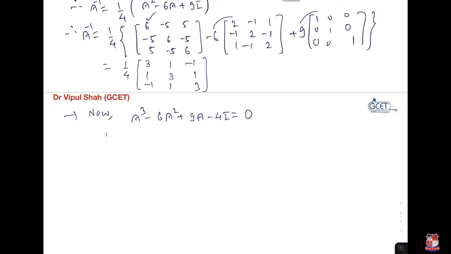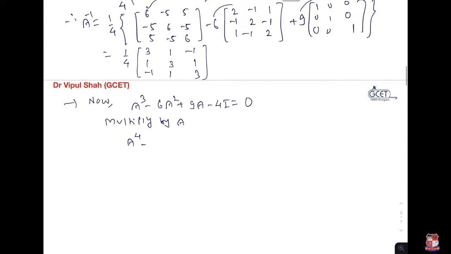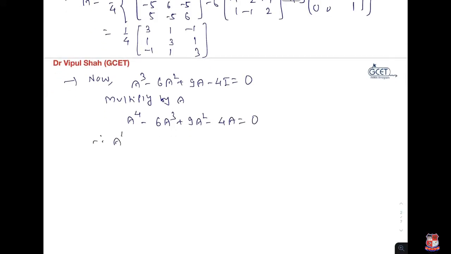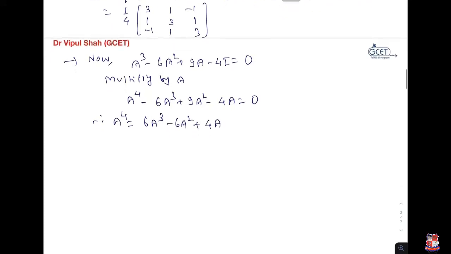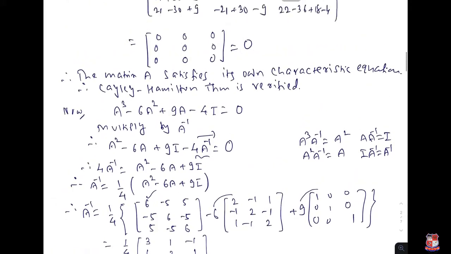So we multiply by A. Then we have A power 4 minus 6A cube plus 9A square minus 4A equals 0, and therefore A power 4 equals 6A cube minus 9A square plus 4A. So this is A power 4 equal to 6, and here you put A cube, and A cube we know